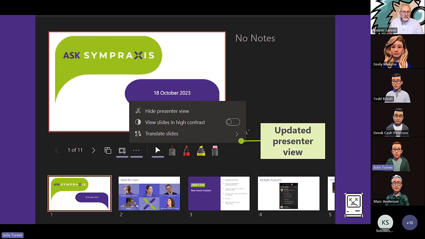And then there's some more options there to hide presenter view, view the slides in high contrast, and translate the slides. If you click translate the slides, it puts the translations up on the screen, which is kind of cool. And then there's this speaker coach, the little icon with the little mic in front of it. What I found when I tested this earlier is that if you turn the speaker coach on, it records while you have it on, and then you can turn it off.